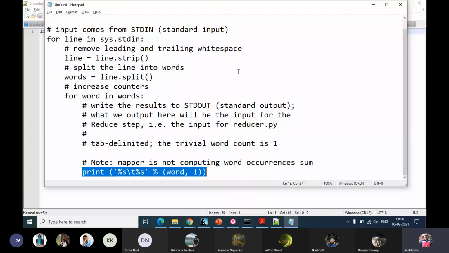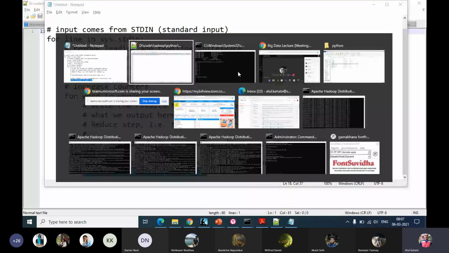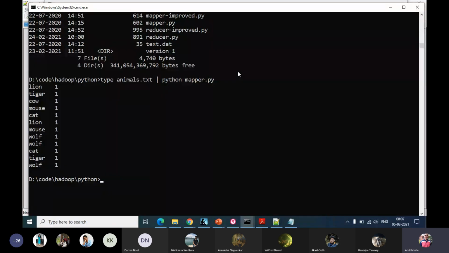So what will happen is the same program will run on all the servers where we have the different animals.txt files scattered. And then the mapper code will go there, run, and produce one output for one such file.